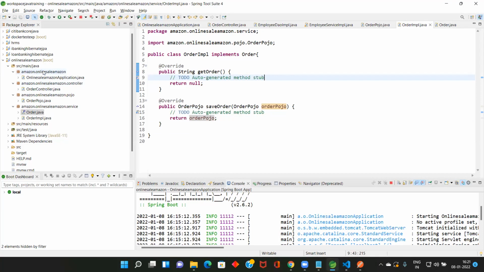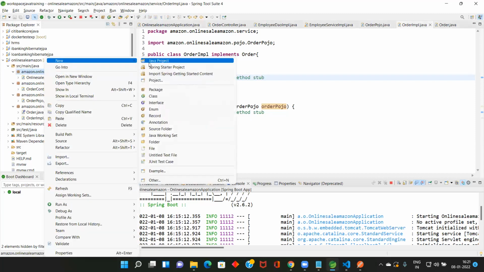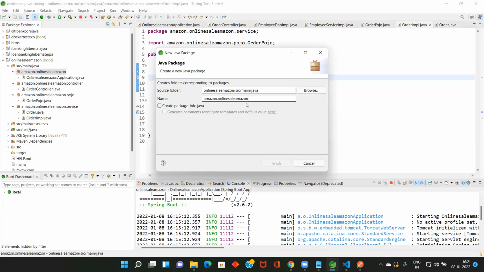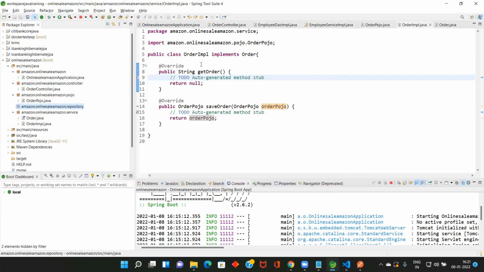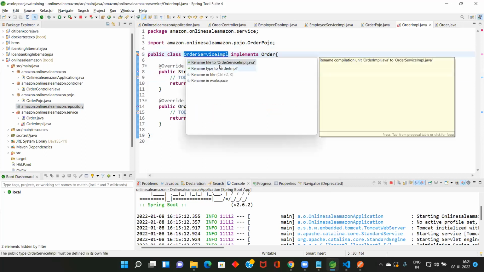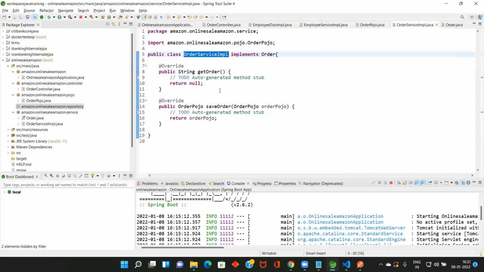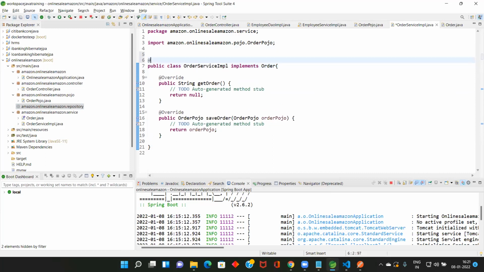I'm going to create another package, new package dot repository, any meaningful name. Another important thing: instead of the class name, to be meaningful, how will you change the class name? Click this one, rename. That's good, right? So here you give add service.